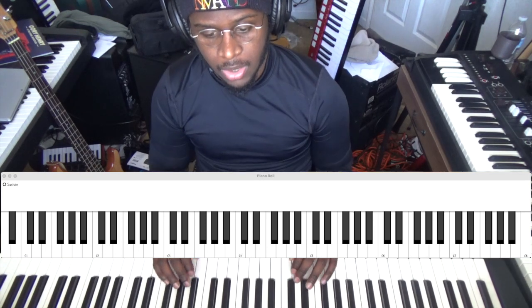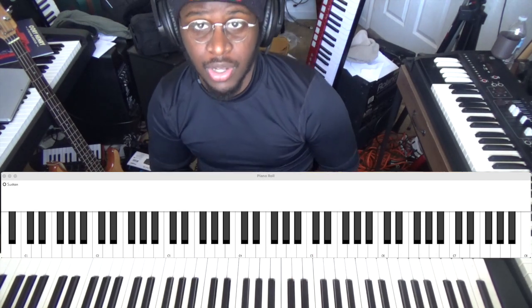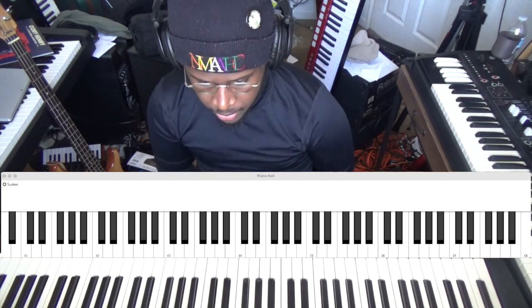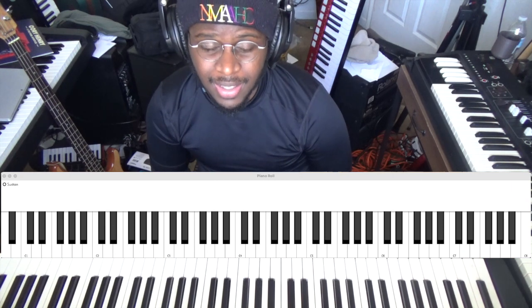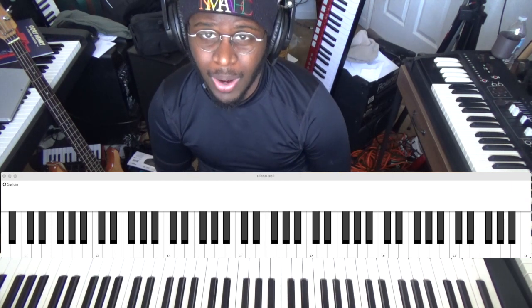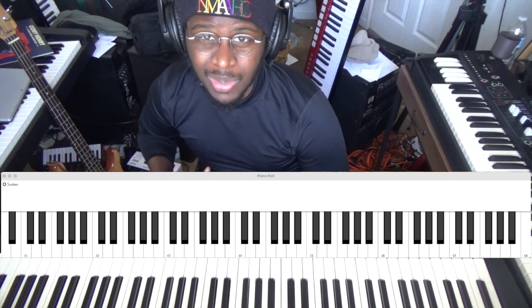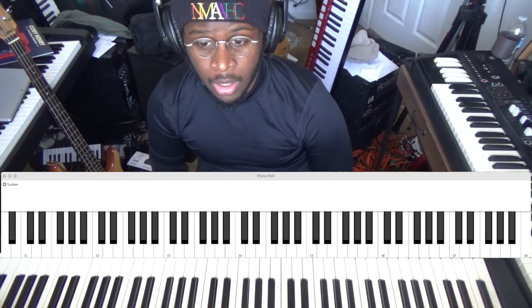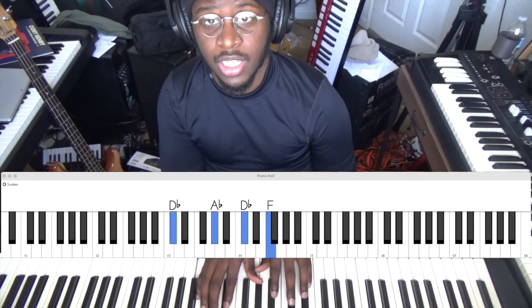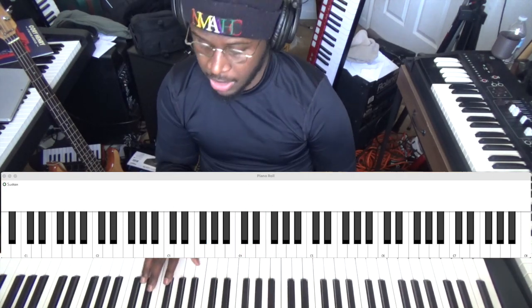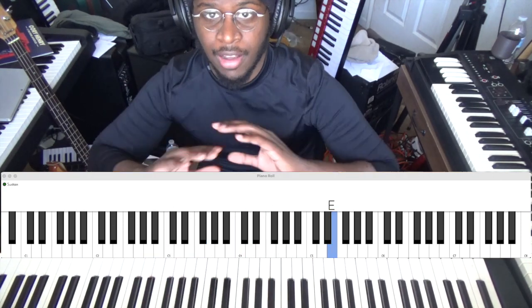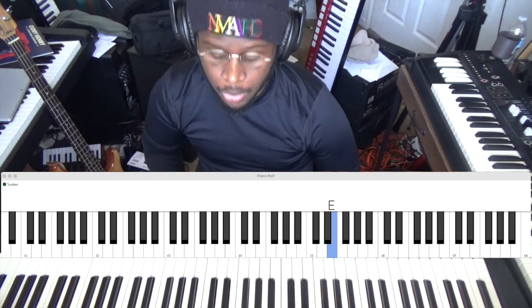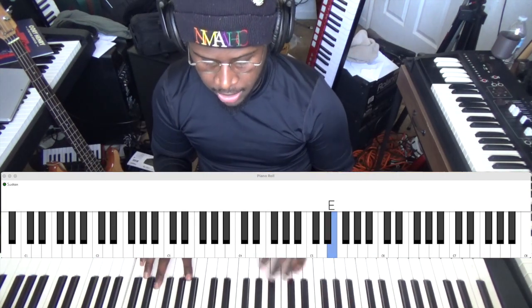And the next thing you're gonna need to have is, you don't need to be advanced at this. You probably don't even need to be intermediate. You just need to be past beginner of knowing harmony. You need to know what notes work together, what chords work together. If I play an E, I immediately need to have like five different chords I know that can go with E, right?